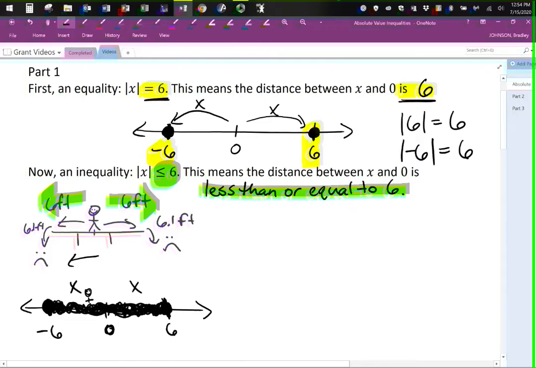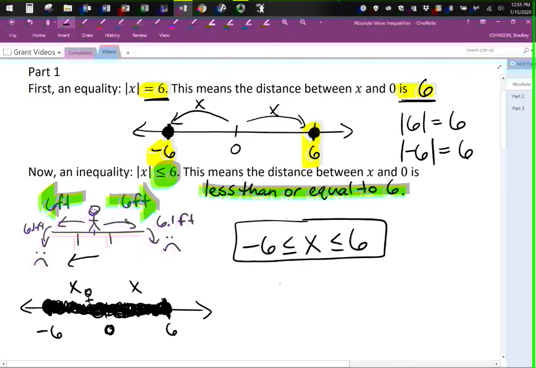So actually, our solution would be anything between negative 6 and positive 6 would work. So another way to represent this is, x could be between negative 6 and positive 6. That is one way to represent it. Another way is to work with interval notation,